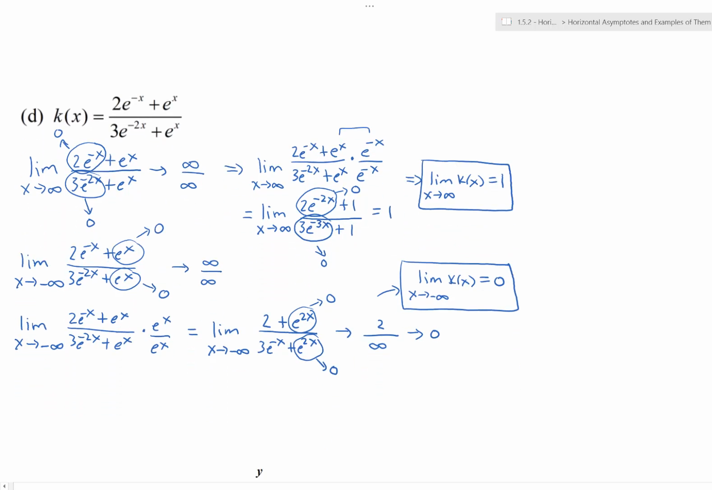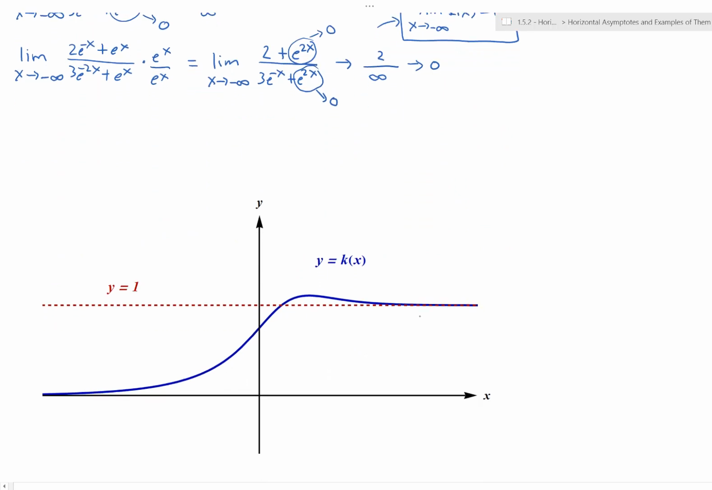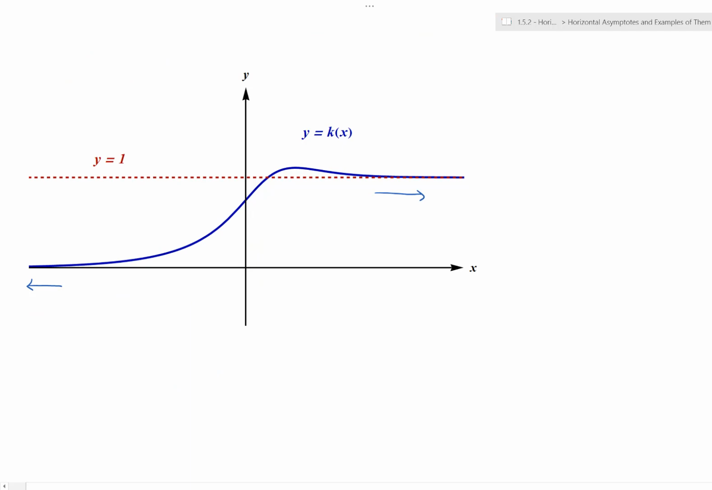Long-run behavior. And to see the graph, here is the graph of this function, k of x. As we can see, as x goes to infinity, this function is approaching the output value of 1. And as x goes to negative infinity, the function is approaching the x-axis, otherwise known as y is equal to 0. And so, for these reasons, we can write that the lines y is equal to 1 and y is equal to 0 are both horizontal asymptotes of this function